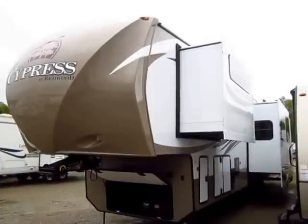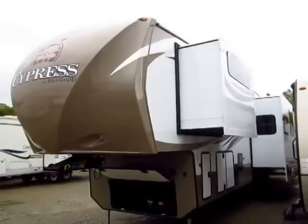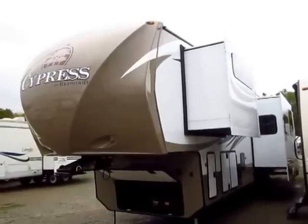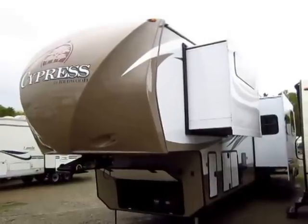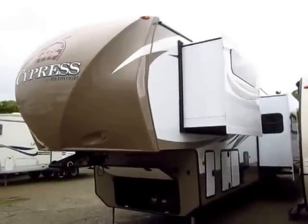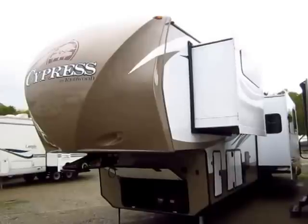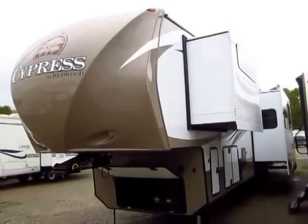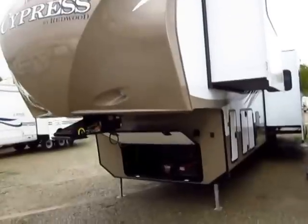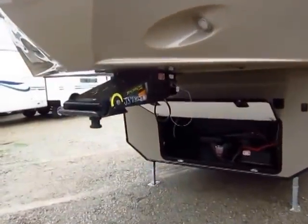A Redwood Cypress model 38 BHR. Big, beautiful, awesome bunkhouse fifth wheel here at Haylett RV of Coldwater, Michigan. This is again a member of the Redwood family, which in its category essentially comprises 43% of the fifth wheel sales. They are just absolutely on point and the kings of their market right now. They're really doing a fantastic job, and that's why I'm putting some of this video together to kind of